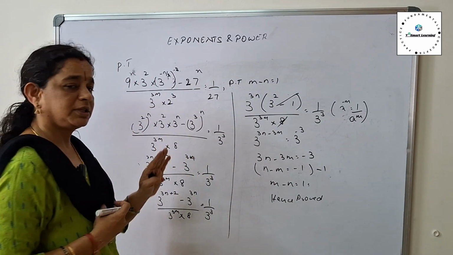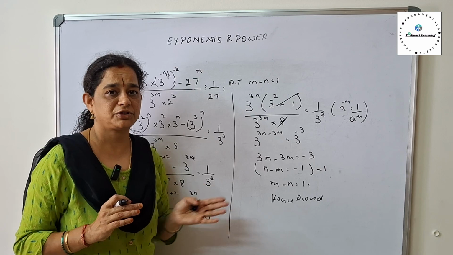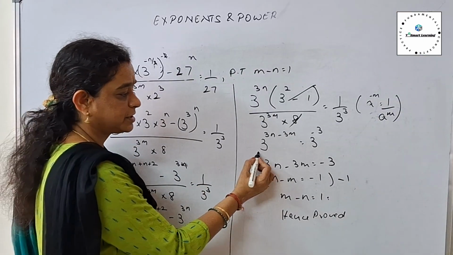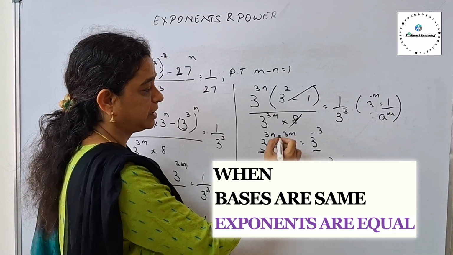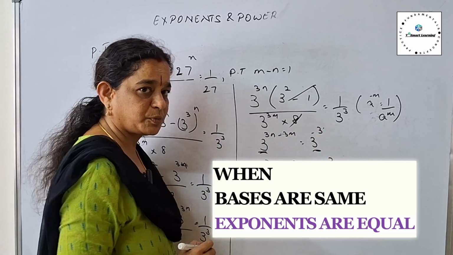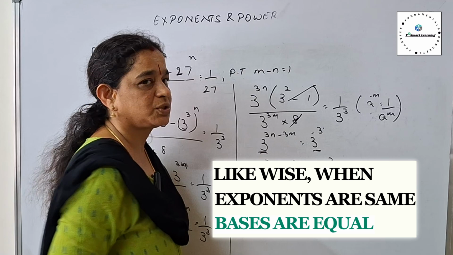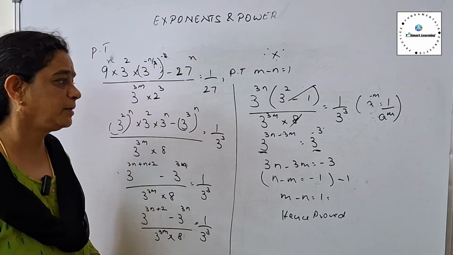Okay, so what have you learned in this? From the last problem you learned that any plus or minus can be converted into a product or division by taking out a common factor. And the other takeaway from this problem is whenever the bases are the same on either side of the equality sign, you can equate the exponents. Vice versa, if the exponents are equal, then the bases will be the same. Please mark this problem important and do it on your own.